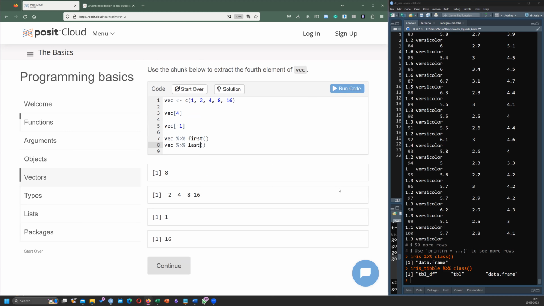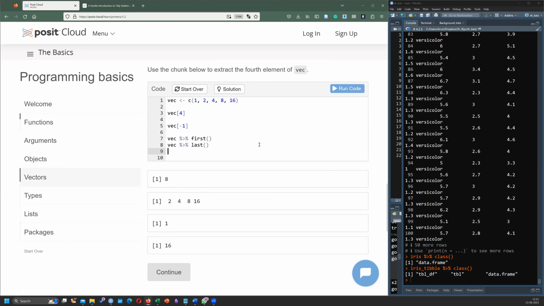It's not very difficult to remember these. It's just a name. We can't use the pull function here.